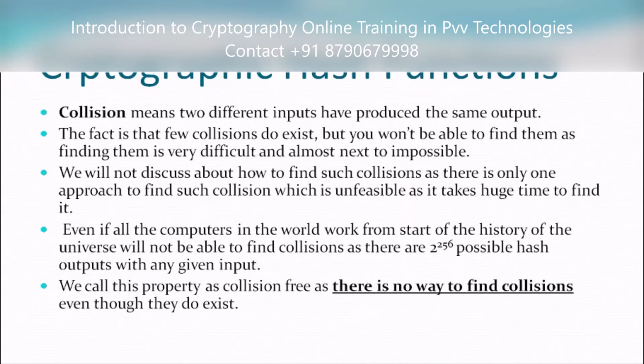Let's take an example of two files, each containing 1000 pages. In a simple way, if we have to find out if both the files are the same, we will need to go through 1000 pages of both the files and compare them. Now let's suppose I create a 64-bit hash code for a file with which I will identify this file. Now if another file is given to compare with this file, I will just compare the hash codes of the two files instead of comparing the entire file to verify that they are the same.